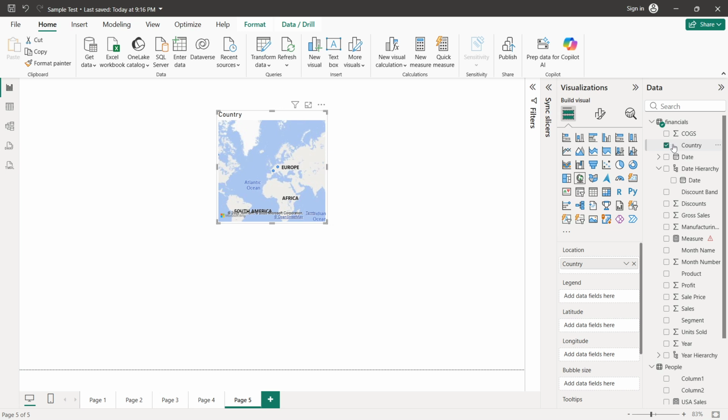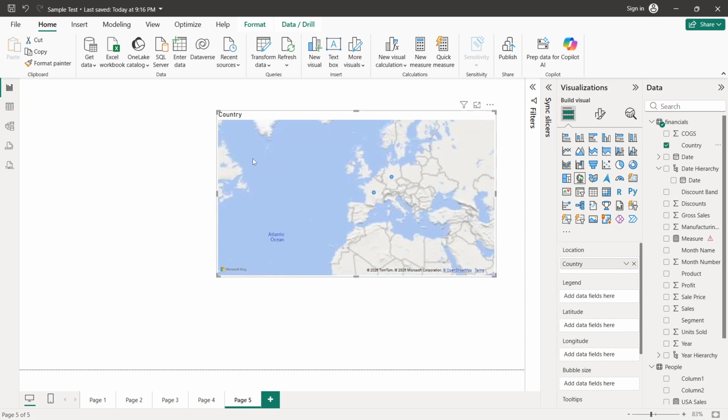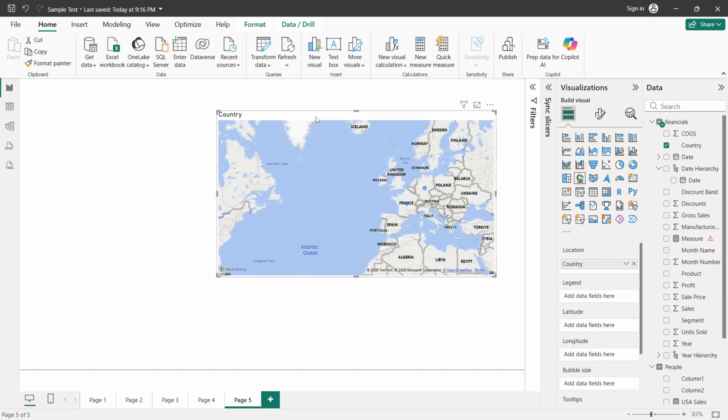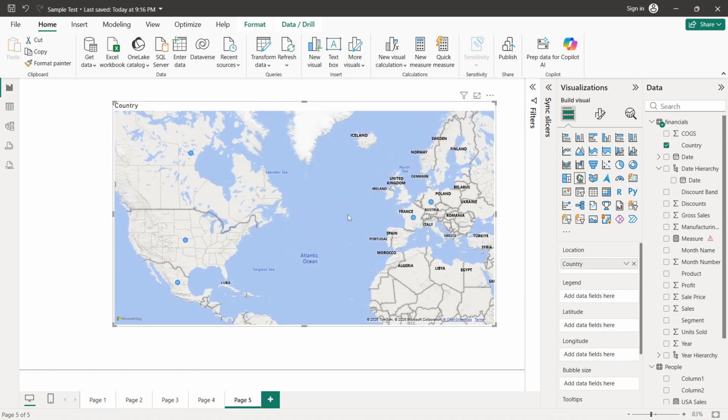With the map still selected, click on Country in your Fields list. Checking that box tells Power BI to use this field as the location for the map. You should immediately see points appear across the map for each unique country in your data. You can pan and zoom to inspect different regions and hover over points to see basic tooltips tied to those